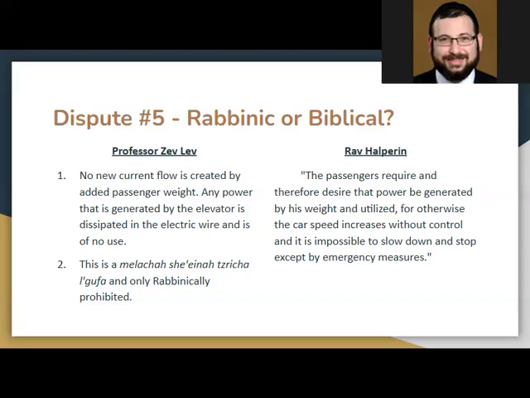We're also going to get to another consideration here that I haven't brought up yet, which is called davar she'einu miskayem. In order for the malacha to be considered a transgression of Shabbos, it has to be a change that is a permanent or long-lasting one. If it's just a momentary change, then there's no prohibition here. So, for example, condensation on a window: you write in that condensation. That's not considered writing because